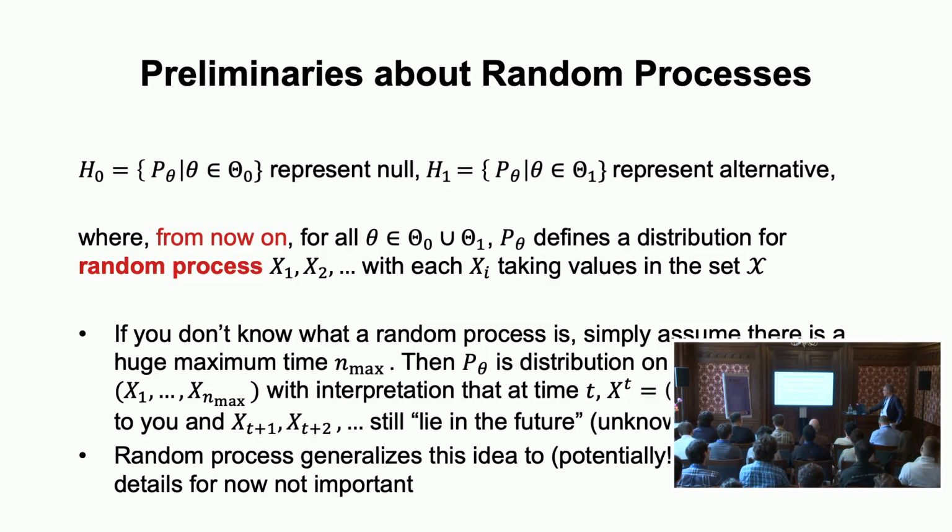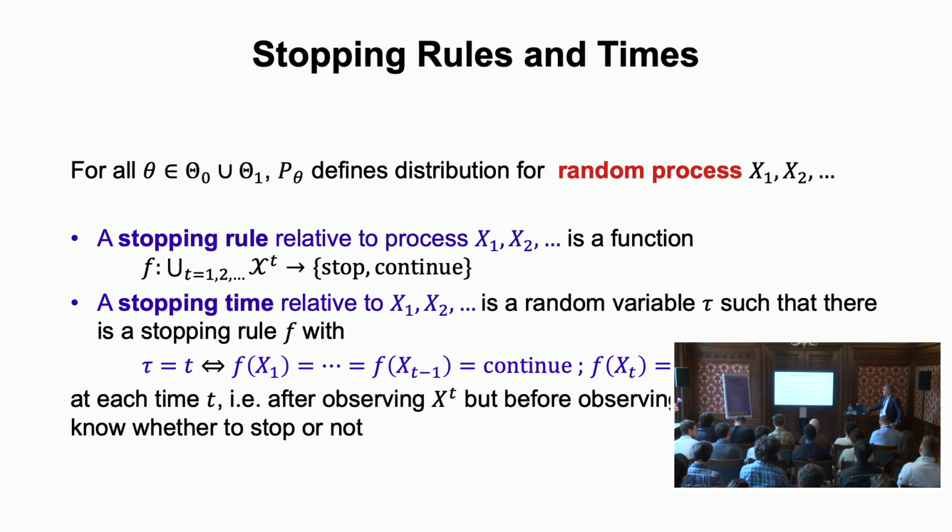So, as I said, a random process is the formal way to generalize this to arbitrarily many outcomes, but I'm going to skip it here for the time. Now, 2 very important notions are stopping rules and stopping times. So a stopping rule is just something which gives you, at every point in time, a rule for stopping. It could be like you do coin tossing and you say stop as soon as I've seen 3 ones, or stop at 100. These are both valid stopping rules.